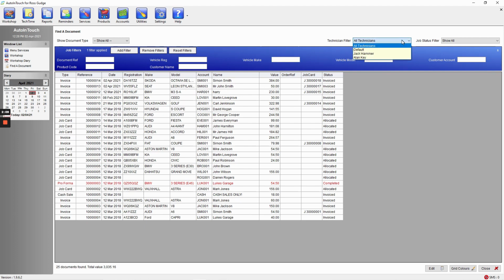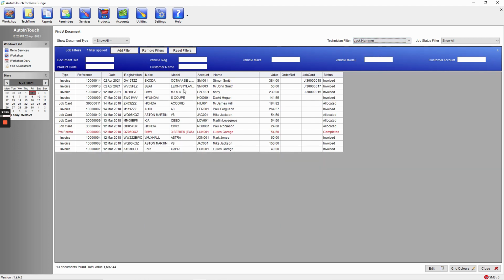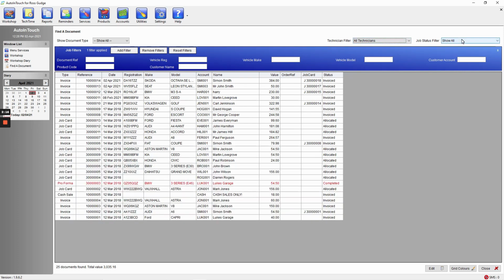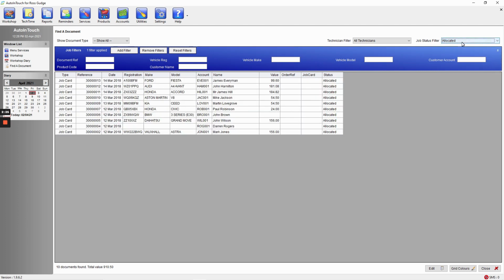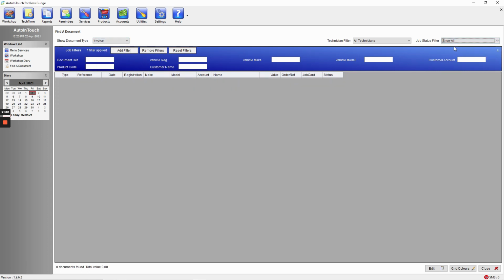You can also filter down by technician to see who has worked on which documents. You can also filter down by the status of the document as to whether it is in progress, ready to invoice, or being allocated. And you can search by document types to find solely invoices. Or job